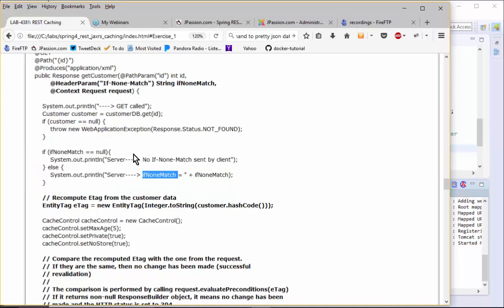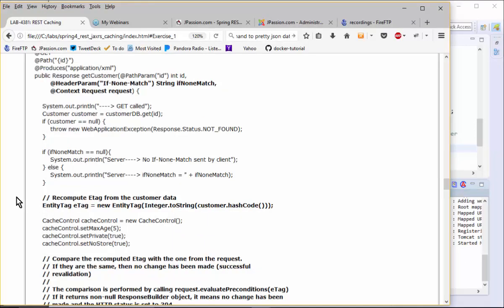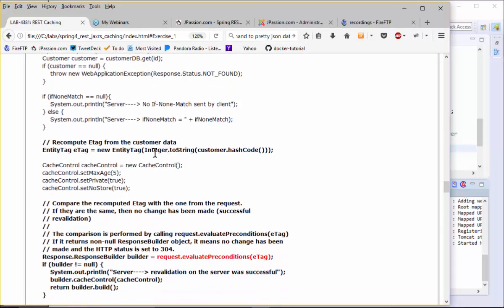The first time the get method is received, it should have no if-none-match sent by the client, because that is a first interaction. Now the second interaction should have this value, right? So that's what you're actually seeing right here. Second interaction should have if-none-match, right? And then we are recomputing